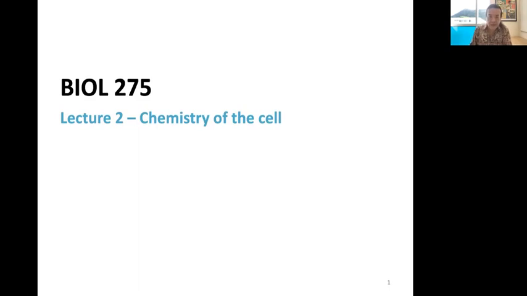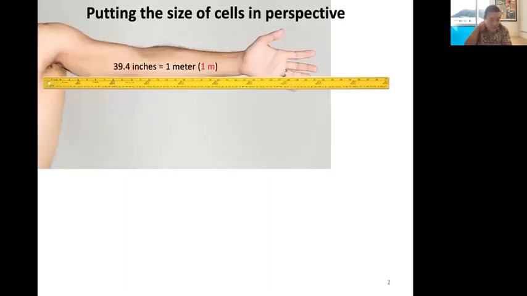Okay, so let's start by talking about some basic chemistry of the cell. I think a good way to start off thinking about this, because this whole semester we will be talking about complex molecules that are inside the living cells in your body, is to get a little perspective on the size scale of the things that we will be talking about. So in science, we typically use the metric system, and the basic unit of